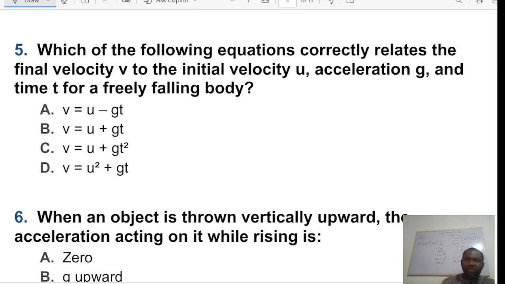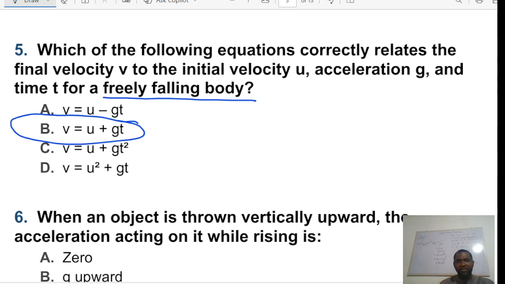Okay, number 5. Which of the following equations correctly relates the final velocity v to the initial velocity, acceleration g, and time for a free falling object? If you are dealing with a free falling object, an object that is falling, then the answer is this. I'm going to use this to help you differentiate between free fall and when you throw an object upwards. So we are interested in both an upward motion